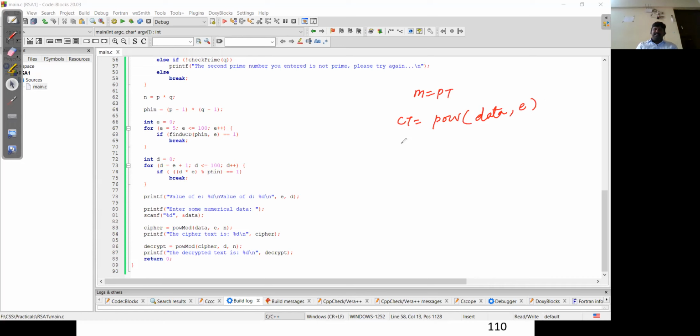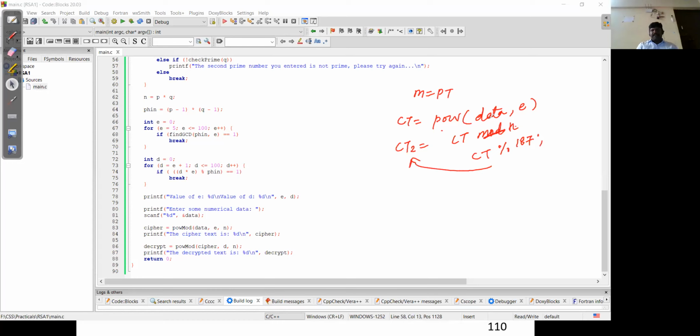Then you can use another temporary variable ct2, which is the actual ciphertext, which is ct mod n. Otherwise you can use ct mod 187, and that value will be stored here.